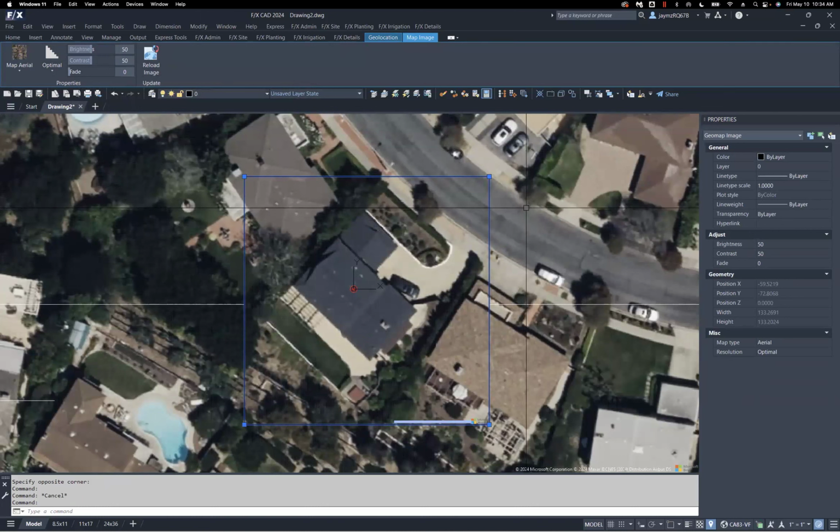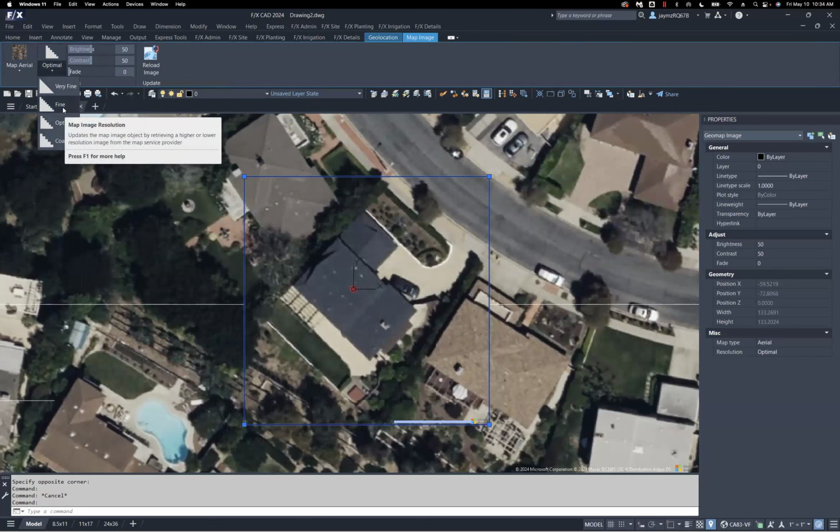One thing I want to note is before you remove the map data, you should click on your image, on your area that you've specified, because while you still have the map data in, you can adjust some of these settings that will not be available to you after you remove the map data. Primarily this optimal button here is going to give you control over how precise, or basically how high definition, your drawing is.